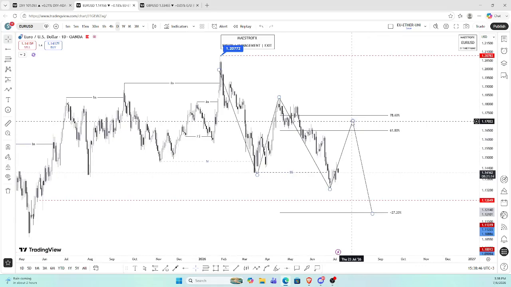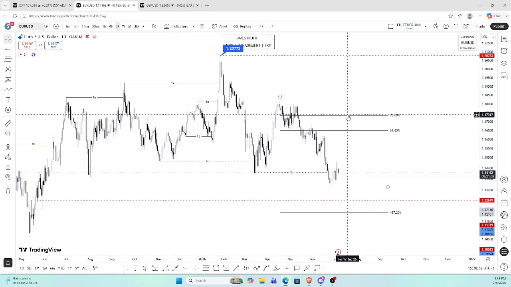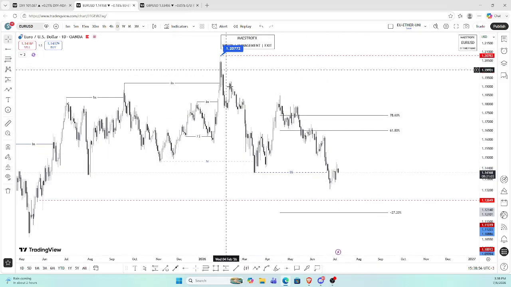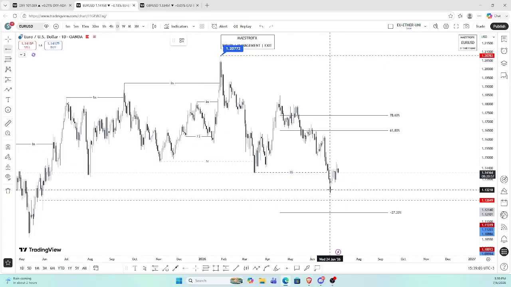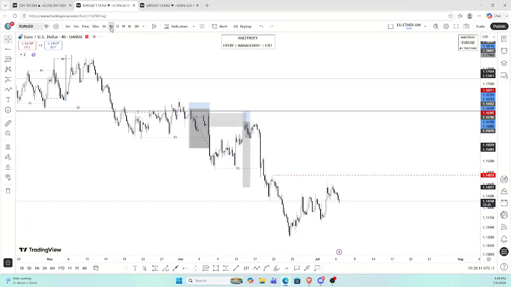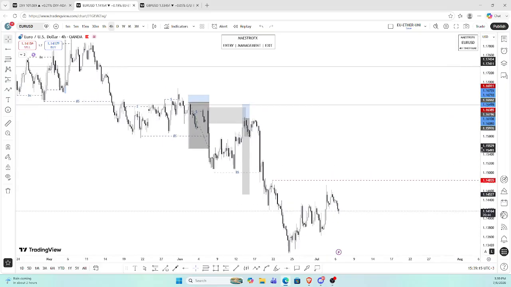And as usual, for the price to materialize on the daily time frame, it takes much longer, okay? And so that's why it is on the lower time frame where we look to capitalize on these trading opportunities. So as usual, we're going to head over to the 4-hour time frame. And so if we look carefully at the 4-hour time frame,